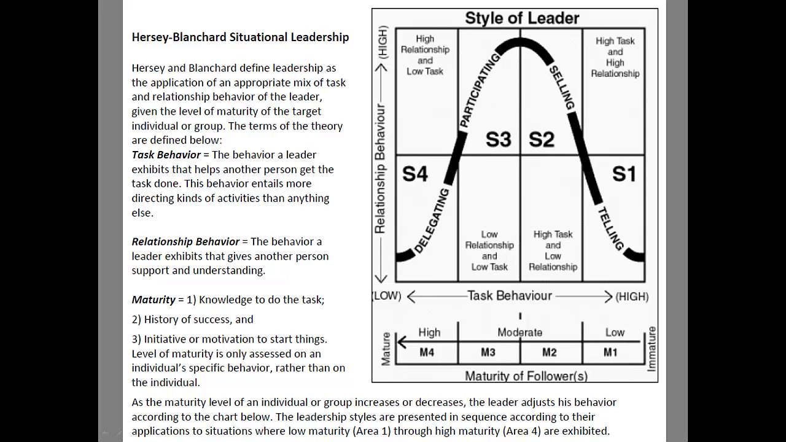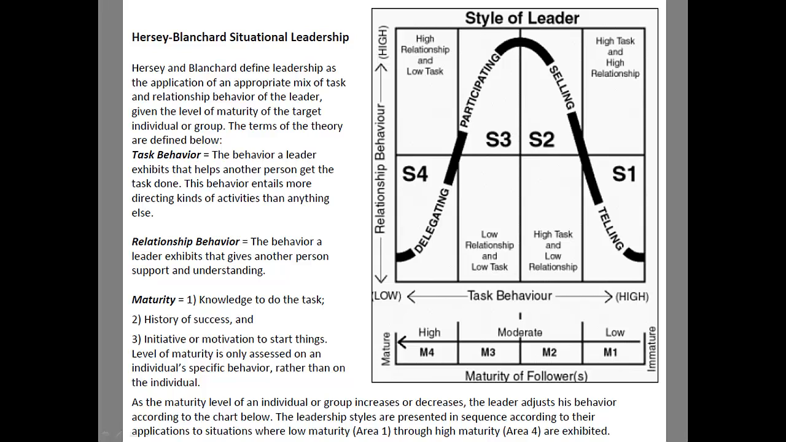This is Hersey Blanchard's situational leadership model. And they define task and relationship behavior, and then they talk about the maturity of the followers. It's very interesting. As a leader, you can only lead to your level of leadership. But the second part, you can only lead people that are willing to follow and to the maturity of the followers. And so Hersey and Blanchard have done a nice job saying, there's times when you're telling as a leader,